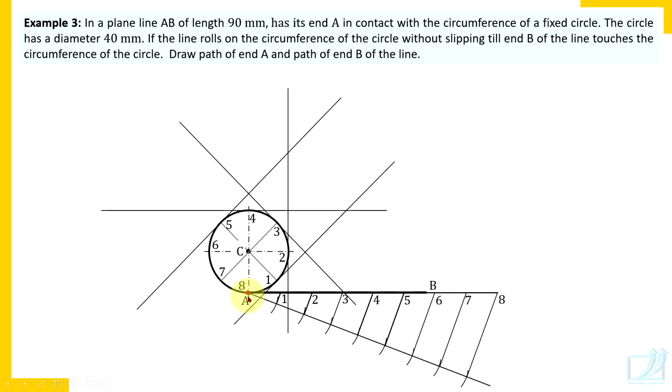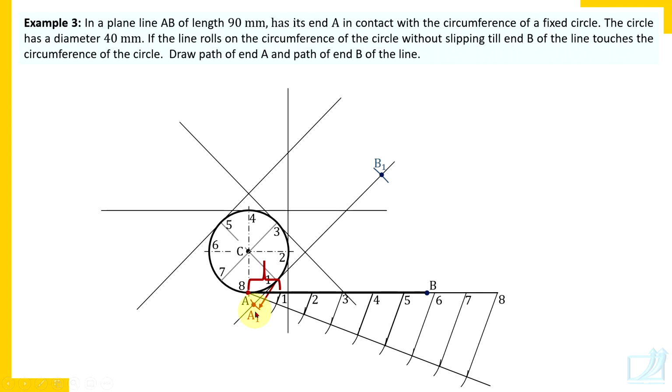Here it is point A, which I have colored with a red color, and here it is point B. It is a very simple procedure, similar to what we have studied in the earlier two problems also. Take distance 1b in the compass and, on the first tangent, you will get point B1. Nothing new here. But now take distance 1a also in the compass, and on the first tangent on the other side